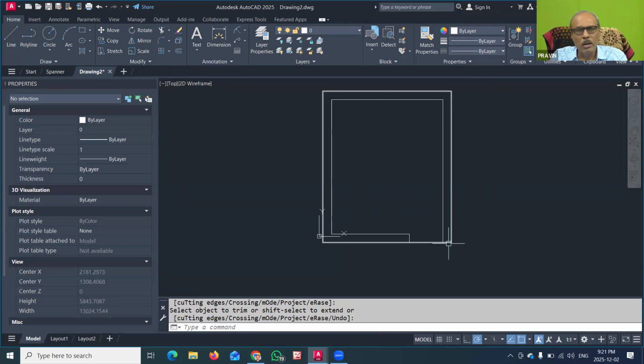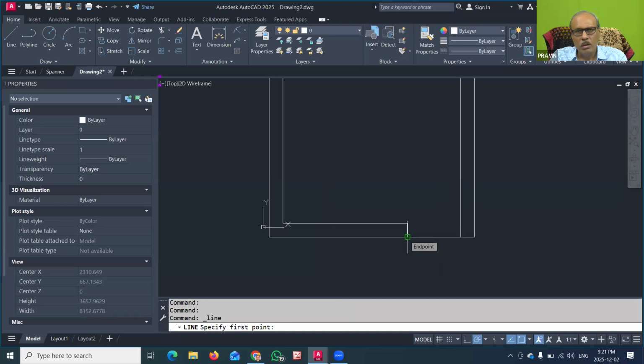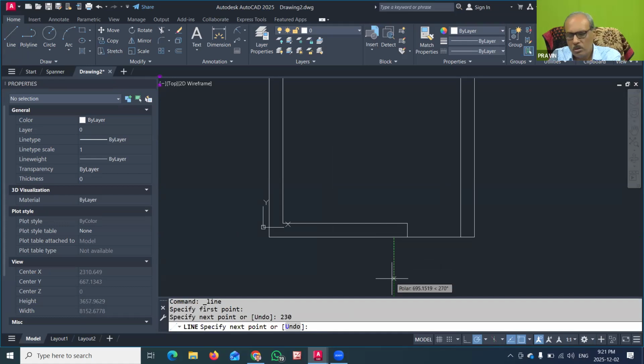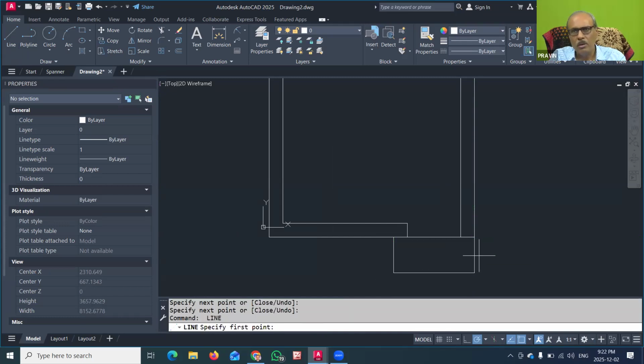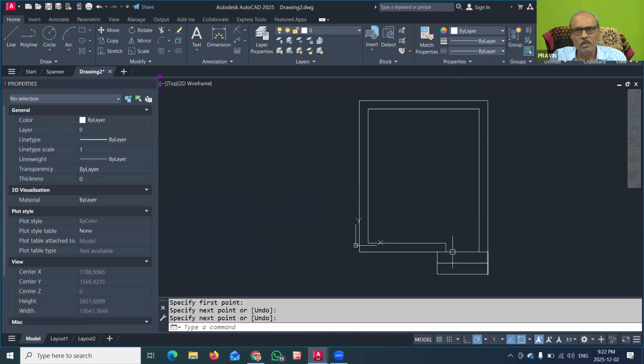Suppose you want to show the window and all this. That is also possible here. But instead of that, I just want to show the steps. So again I will go here, the dimension will be 230 on this side, and then I have to show the steps, 2 steps, so 600, and you can use object snap tracking, and then you can draw these steps here. So these steps I have shown. In this way, this is the one small room and these are the steps. So this is one door, and a window also you can show. So this is very much possible.